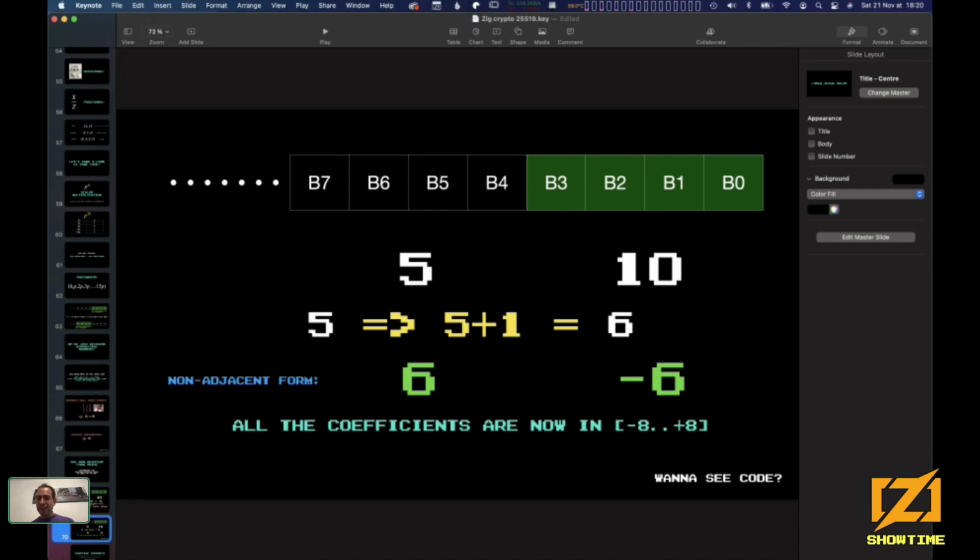And now, this form, having minus 6 here and 6 here, when you perform exactly the same computations, the multiplication by 16 at every step, you get exactly the same result as with this form that we had at the beginning. This is the same thing, just a different representation. But the cool thing is that in the second form, all the coefficients are between minus 8 and plus 8.